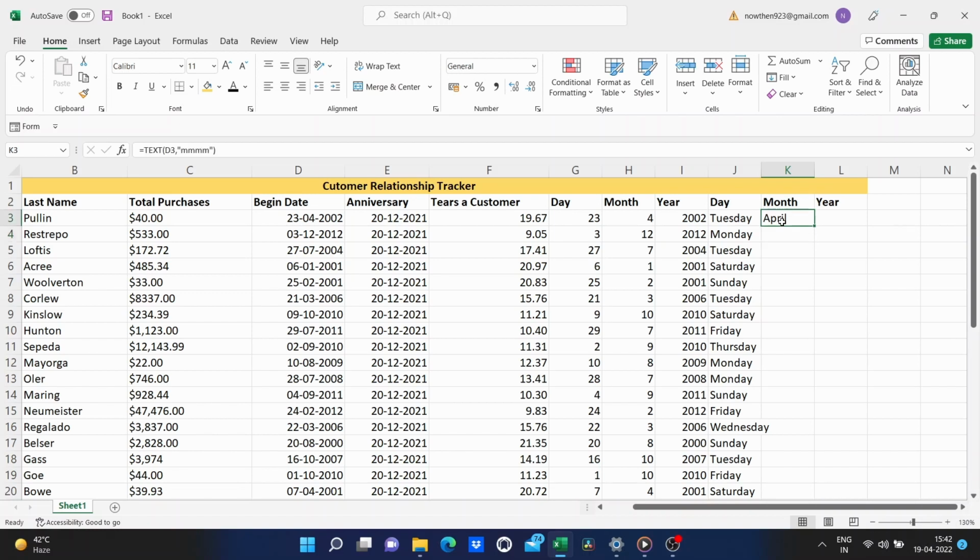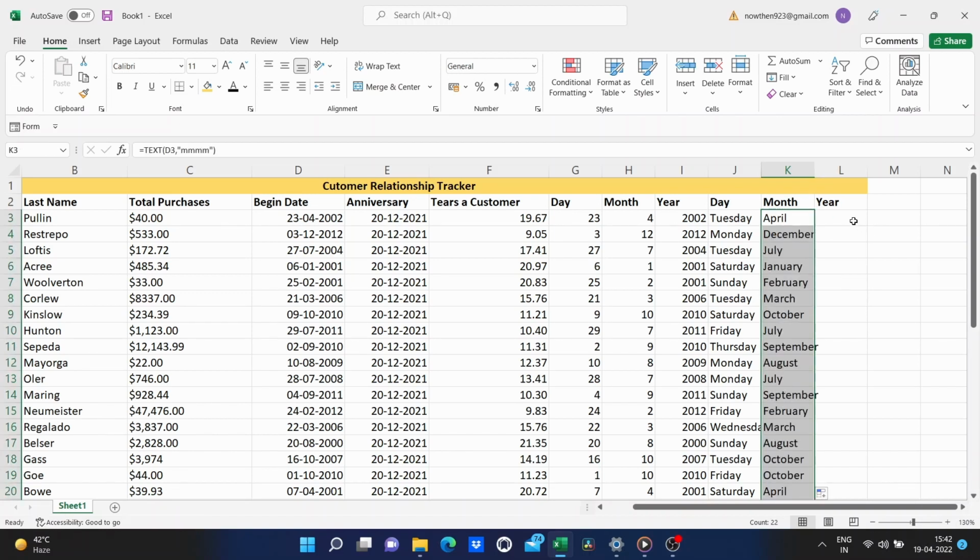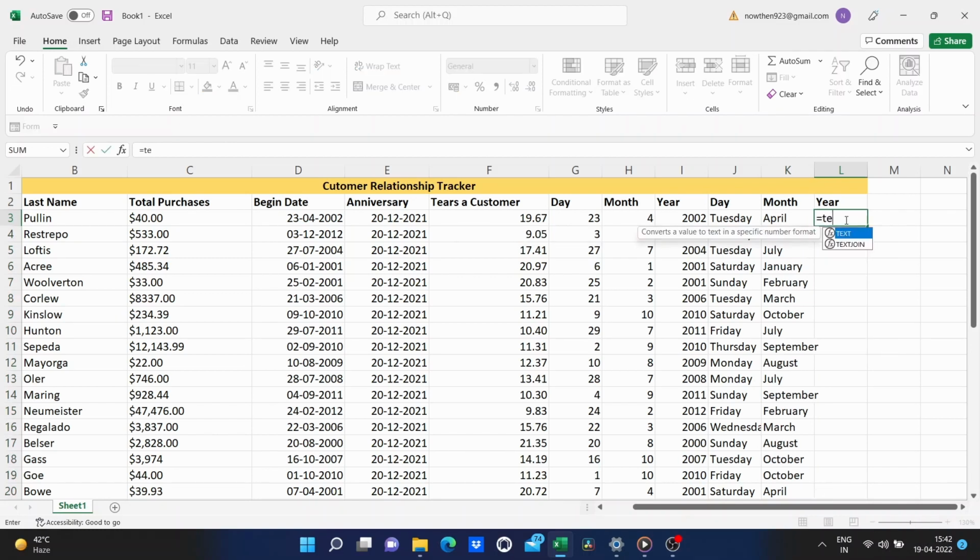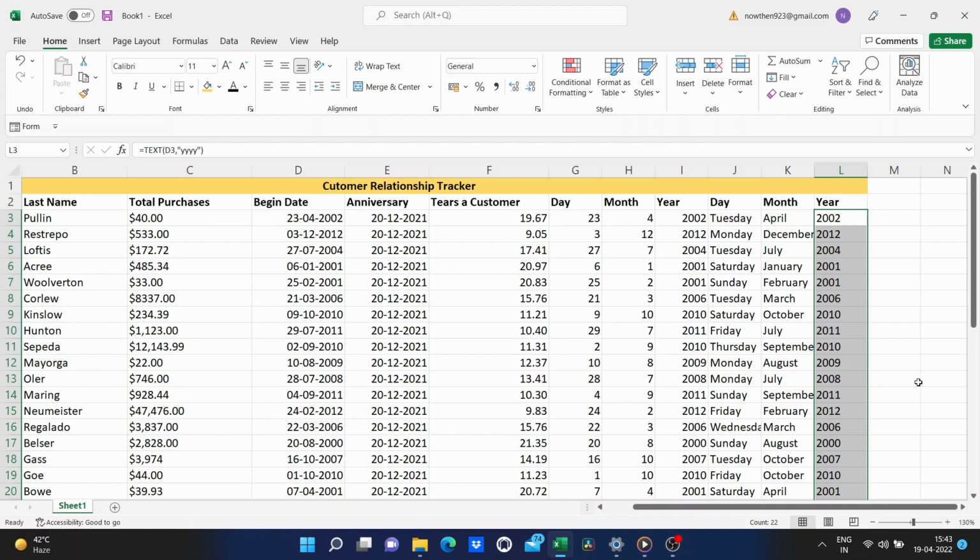I'll double click on the green square to copy it down the spreadsheet. And now let's do year. Equals, text, left parenthesis, click on the date, quotation mark, Ys for year, close quote, right parenthesis, tap enter, and then I click on the cell. Double click on the green square, which is the fill handle or autofill handle, and it copies the data down.